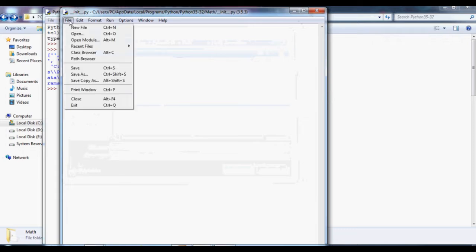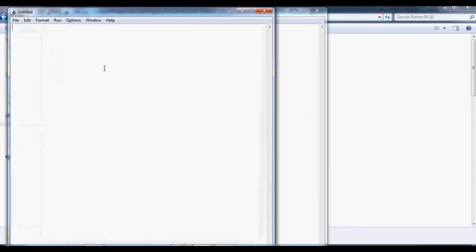After that, I'm going to create a module inside the package. It's good for a programmer to have a comment. So this is code to calculate the area of a square.